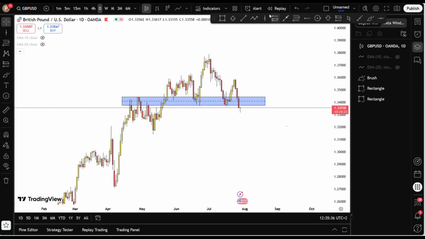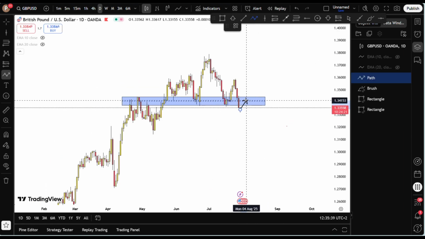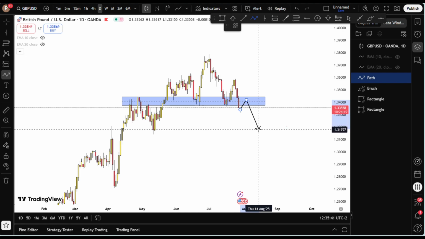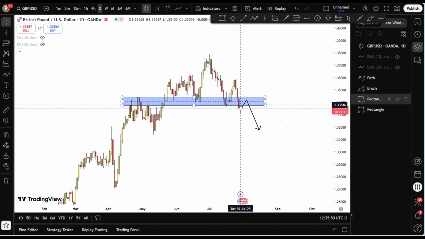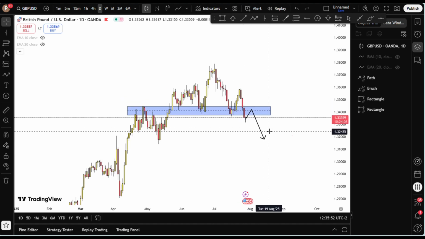Okay. So what I want to see is price coming back here to reject lower. Since it closed, it's coming from below the support, I mean, coming from below the resistance. This is what I would want to see. If not,